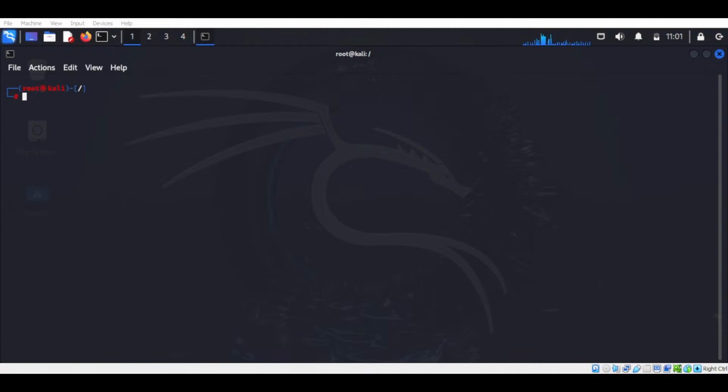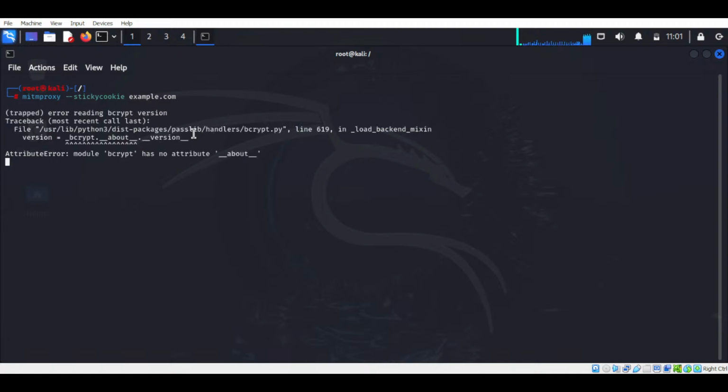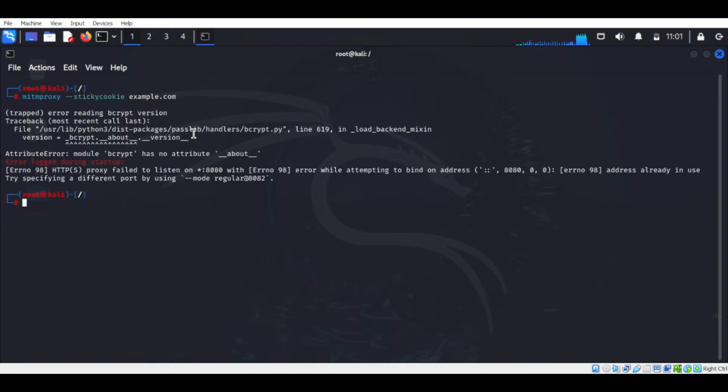Okay, let's move on. Next command sticks a cookie to a specific filter for requests. Here you type this one and hit enter. But you need to type your victim domain here. I typed just a dummy domain. I don't do any deep practical, because if I do then